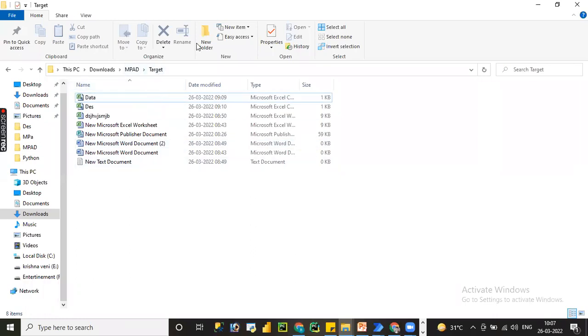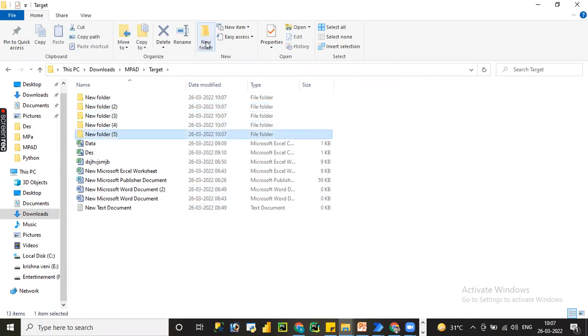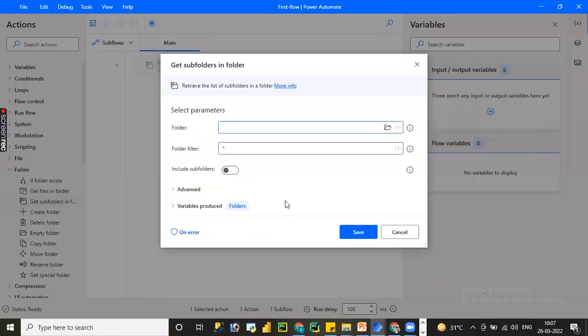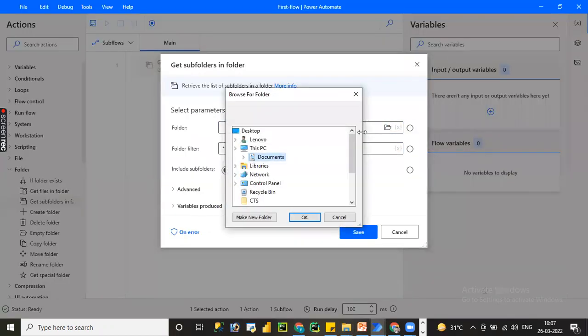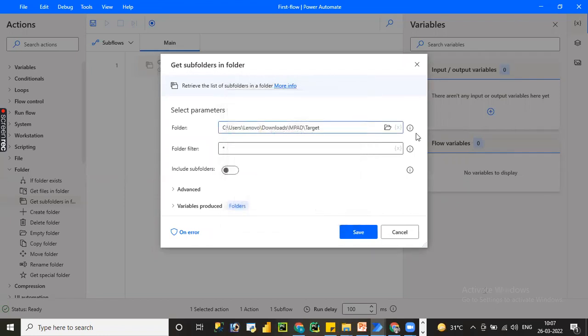Here I'll manually create a few folders, like new folder 1, folder 2, new folder 3, new folder 5, new folder 6, and new folder 7. Now I want to extract all the subfolders by using my Power Automate Desktop command. So let me select the folder, that is the target folder. Our folder is the target folder, and then